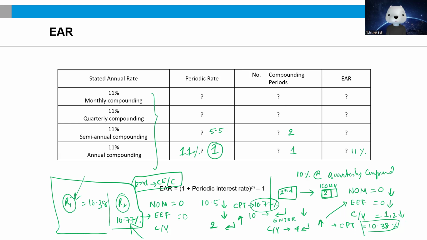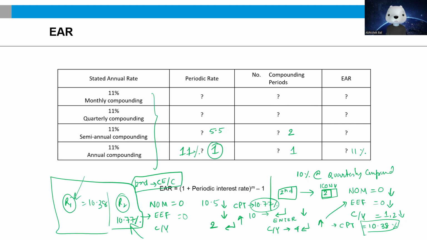Press the second button, press the ICONV button, and now you're going to get the worksheet. The first and foremost thing that you need to do is clear the memory of the worksheet itself. Once you've cleared the memory, key in the values. The nominal interest rate remains 11%. Press the down key once, and you will come to the EFF page. Press the down key once again, and now